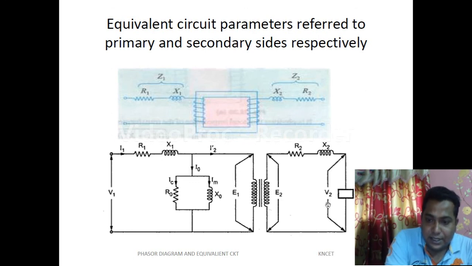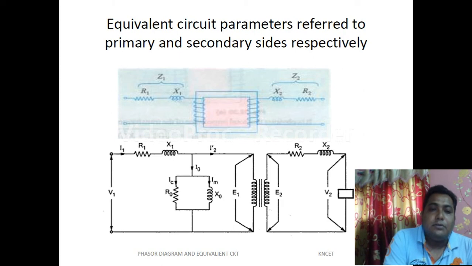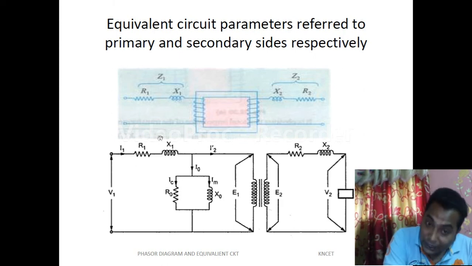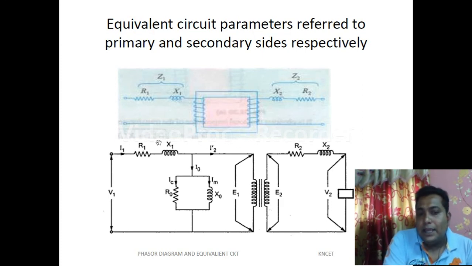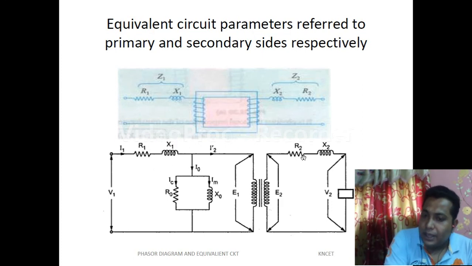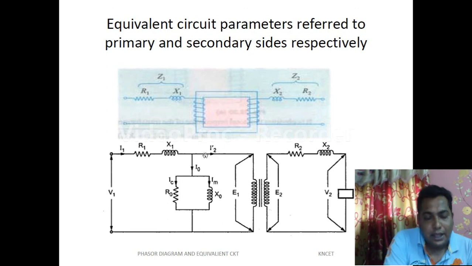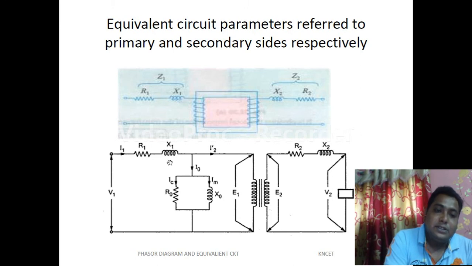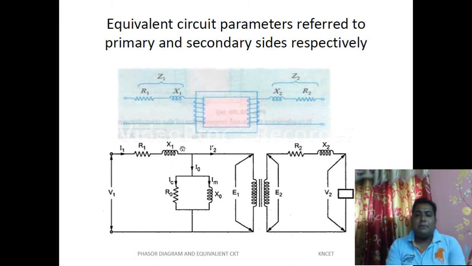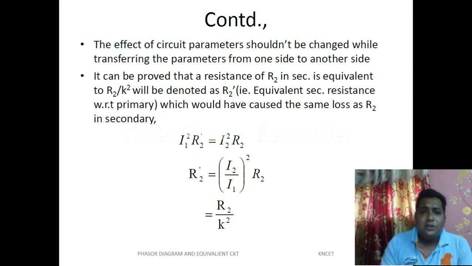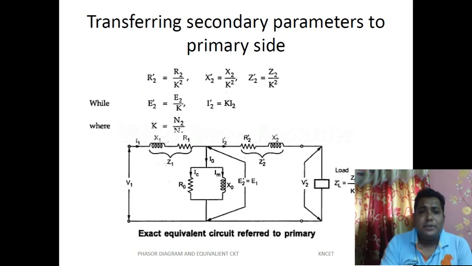So if this secondary side is not present, that means the load is not present, we will not get the R1 X1 presence in the system. We get the presence of R1 X1 when the load is connected, when the induction effect of the I2 current falls over the primary side; that induction effect is I2 bar. Then only we can find this resistance R1 and reactance X1 in the primary side. Okay, so these are the parameters, actually formulas we have described.